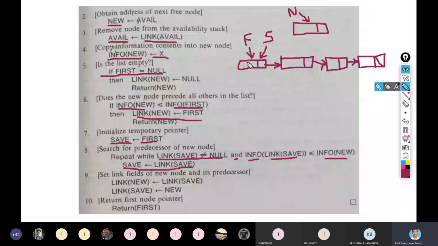Here the element in the list is 2, here the element is 4, here the element is 7, information part of this node is 7, and here it is 14, and now the new node has the information 9.